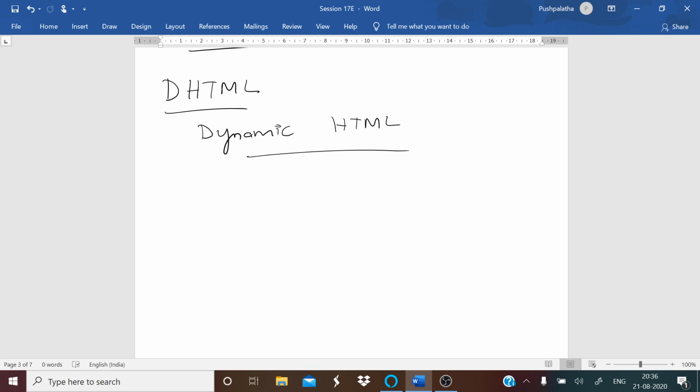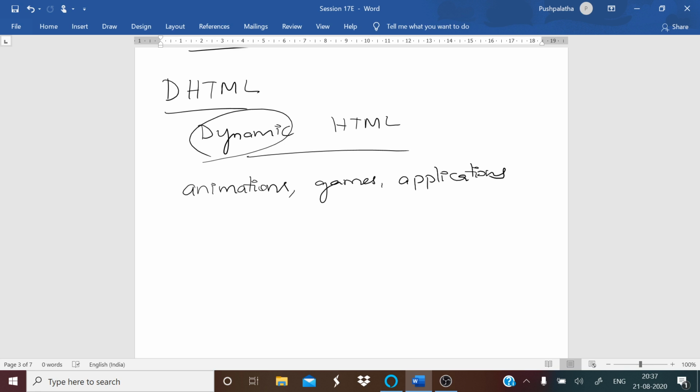It creates the more dynamic web pages. JavaScript is the standard scripting language for internet. And the features of DHTML is, it is dynamic in nature. It can be used to create animations, games, applications to provide a new way of navigating through the websites.